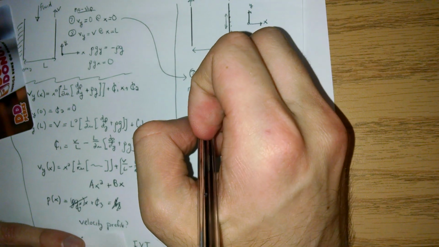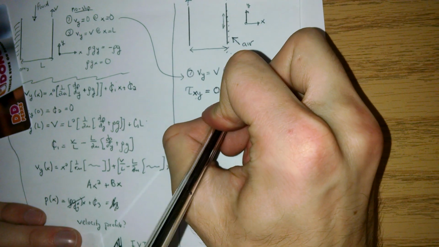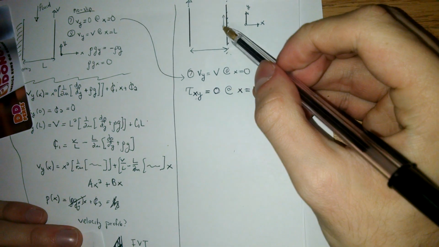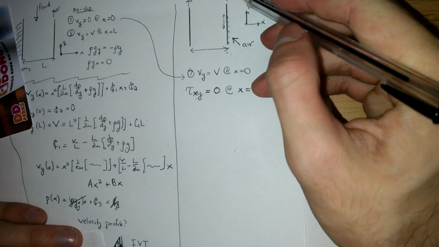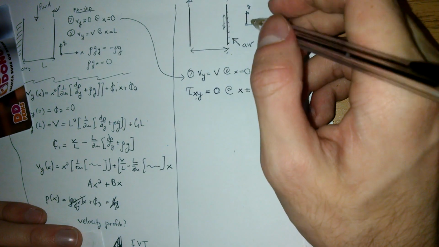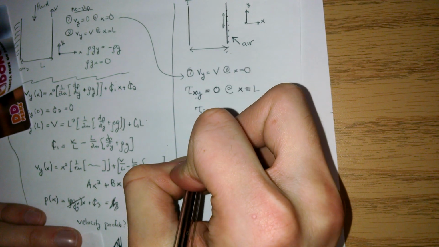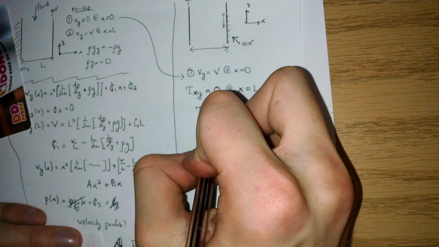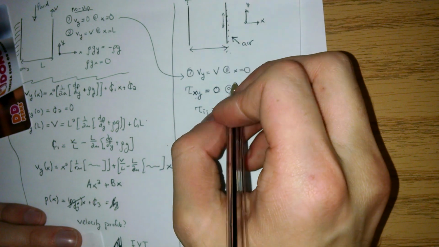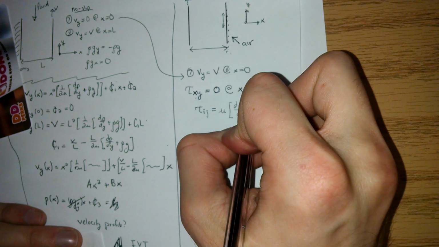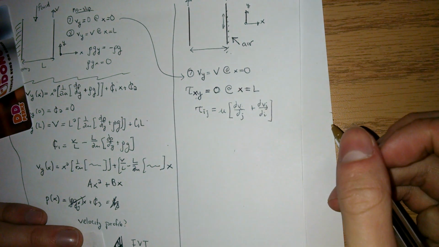We know this is going to be 0 at x equals L, because again, there's no longer a wall here, so there's nothing that's actually applying a shear stress. So that's why it's going to be 0. So this formula you should know as well. The stress as it looks in this form is equal to dVi dj plus dVj di. Okay, so